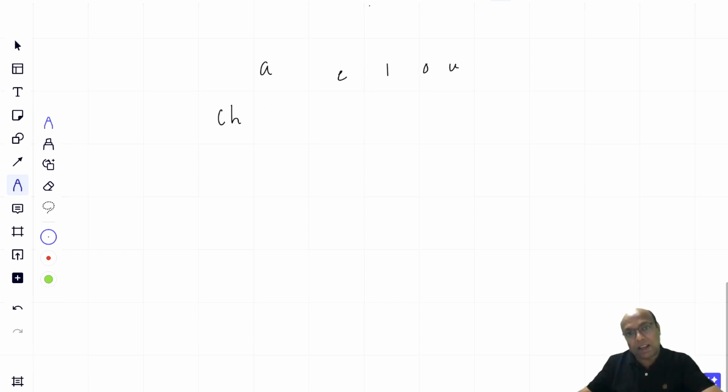Okay, let's deal right now with one case. I'm assuming lowercase. In this case, the character can be either A or E or I or O or U. How do I write it? CH can be equal to A. When I enter A, I don't store A, I store its ASCII value. But I can't remember every ASCII value. The first simple thing: put single quote A, or CH is equal to